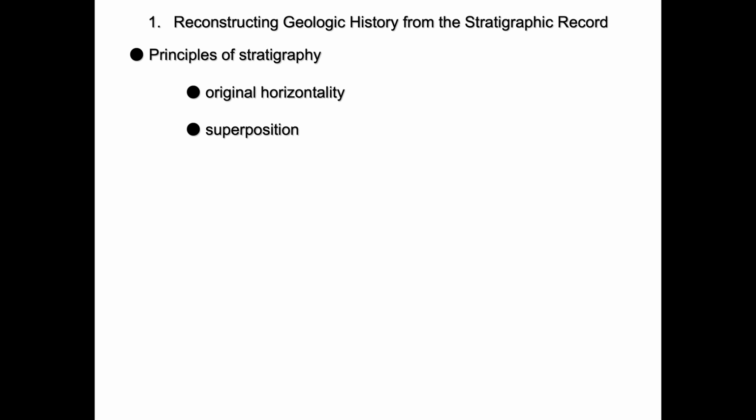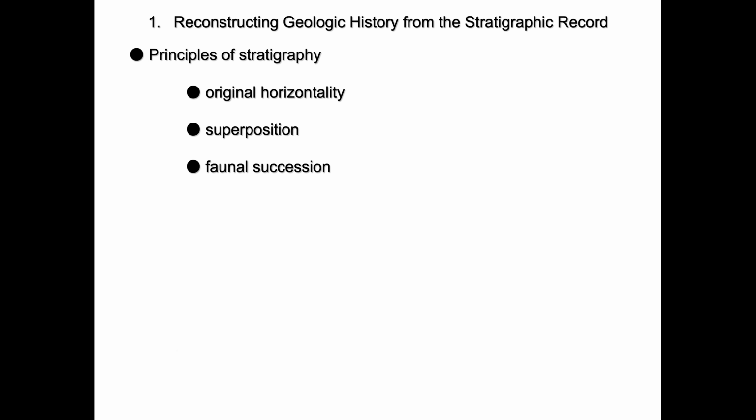When reconstructing the geologic history from a stratigraphic record, we need to include principles of stratigraphy. These include original horizontality, first defined by Steno, and superposition. Younger material is going to be deposited on top of older material and will remain in that position unless something happens to disturb the situation. Faunal succession is going to imply more recent fossils will always be found above more ancient fossils. Again, unless that sequence is overturned or disturbed in some way.